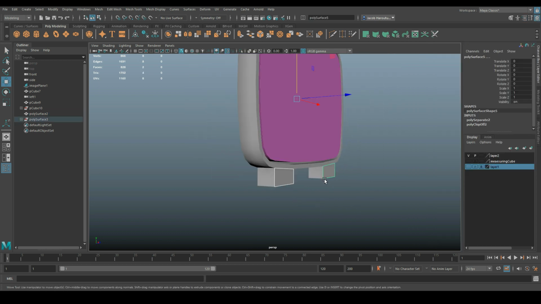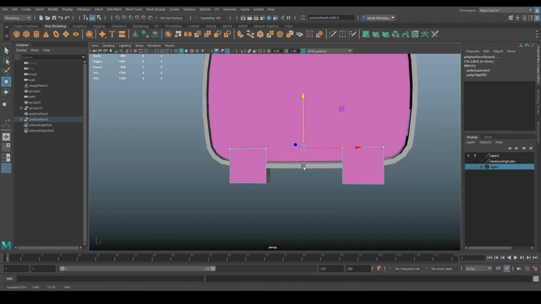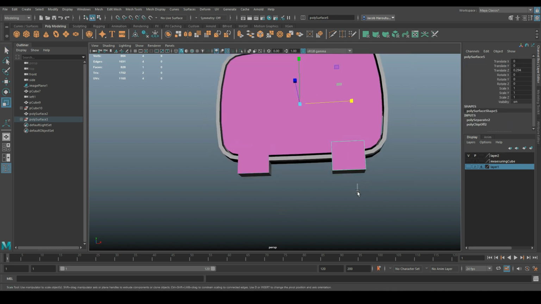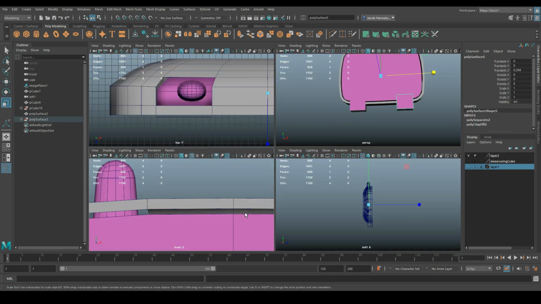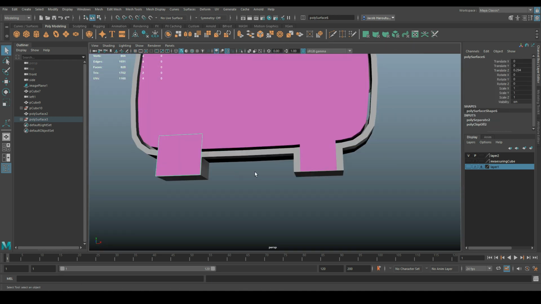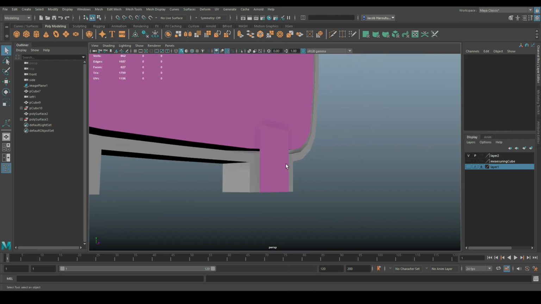The reason why I kept those is because I want to create some separate pieces here that can be extended upward like this to keep the screen in place. As a matter of fact, I think these are kind of large and we don't need them that large. And I want them to be a perfect cube. So I'm gonna straighten out all the edges here. Then we'll just scale them in like that. As a matter of fact, I could delete the second one. And after I scale these in, I'm simply just gonna extrude it out